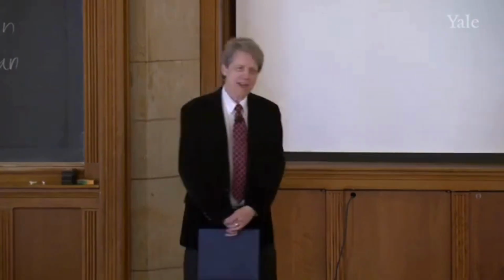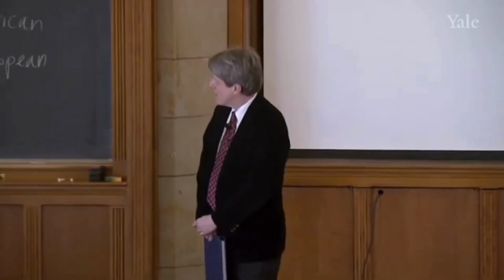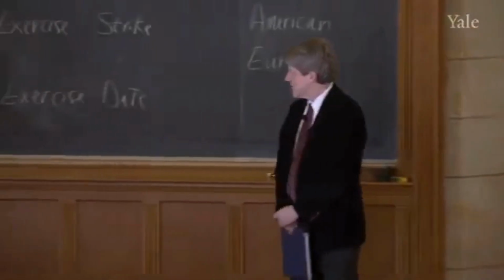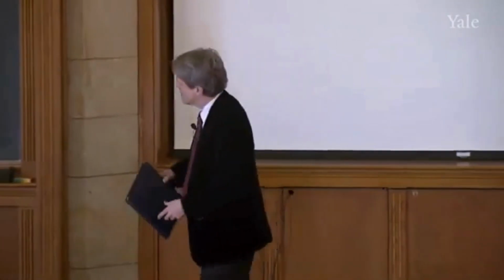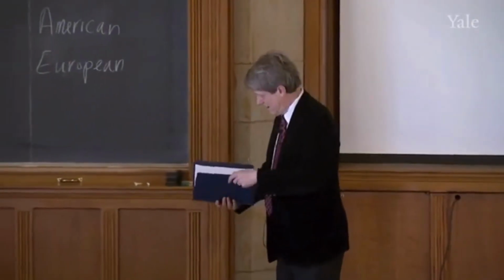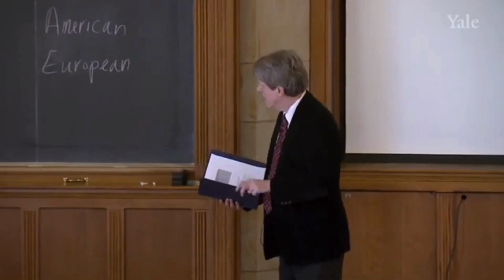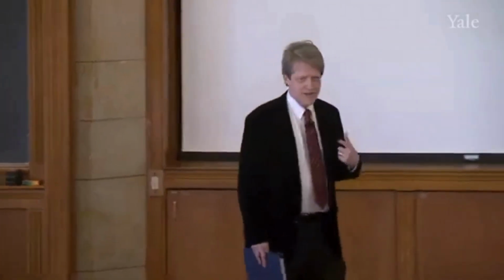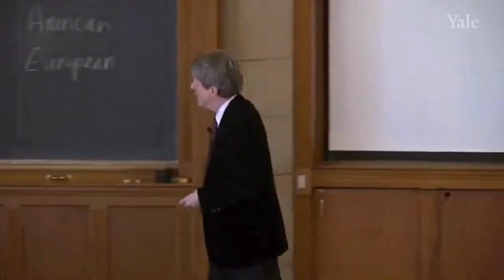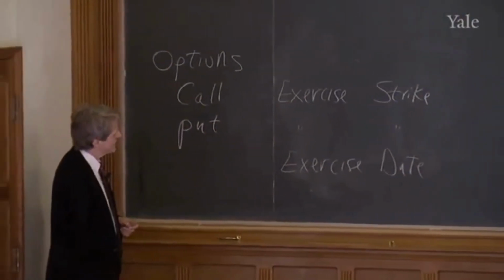What we'll see is that options have option value. They give you a choice. And so there's something there. When you exercise an option, that means when you actually buy the thing, or in the case of a put, sell the thing, then you're losing the choice. So you've given up something. Of course, you have to also exercise eventually if things are going to make sense. Usually when we talk about options, we're talking now about options to buy a share of stock or 100 shares of stock. And that's the usual example, but they occur all over the place.